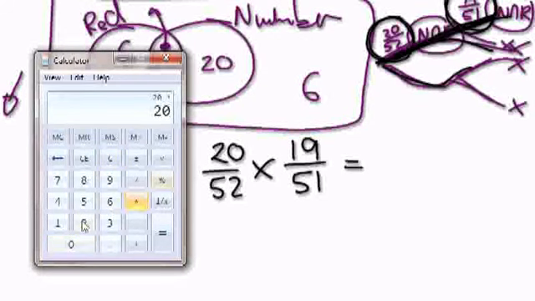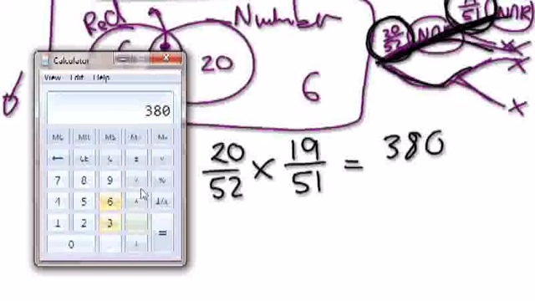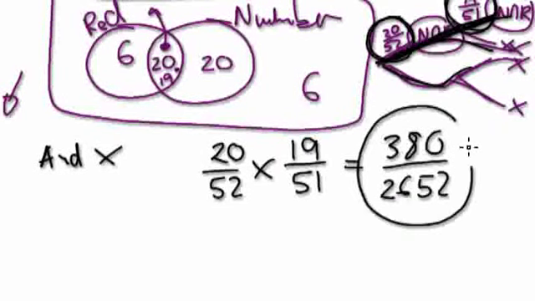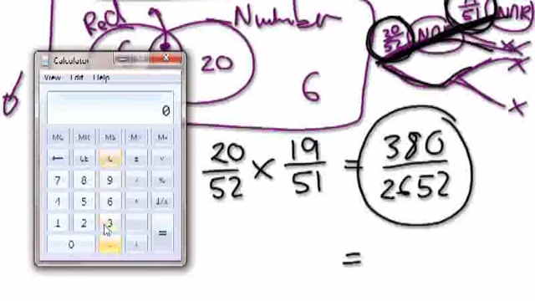20 times 19 equals 380, and then 52 times 51 equals 2652. This is hard to see inside your mind, so turn it into a decimal so you get a rough feel of the probability. So 380 divided by 2652 equals